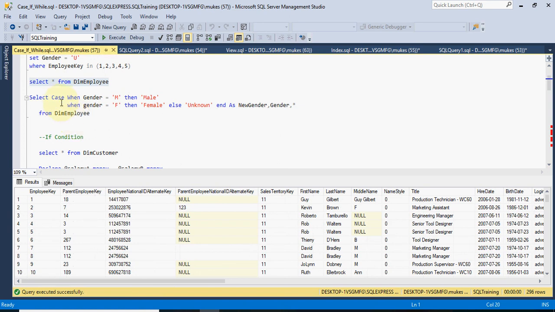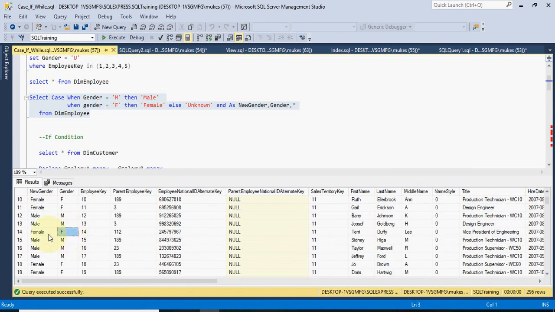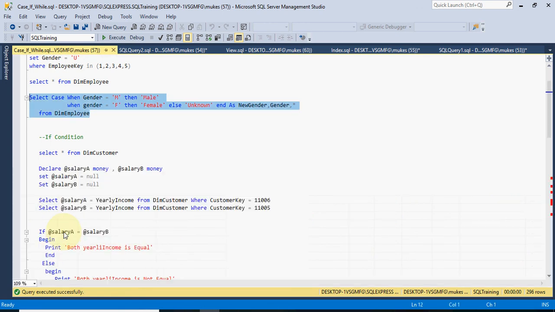So CASE WHEN gender is equal to M, then male, gender is equal to F, then female, otherwise unknown gender. So you can see I'm generating the report. If M is there, then male, and if F is there, it shows the complete name female. So that is the CASE statement.